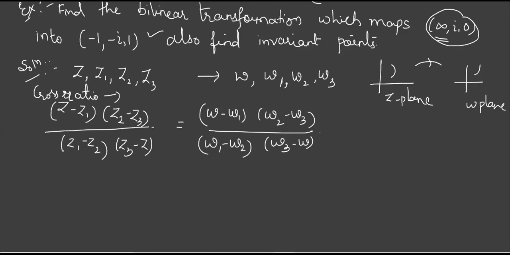Any point is infinity. Can you just see? Yes, ma'am, the Z plane, first point. Yeah, it is the first point of Z. First point of Z is denoted as what? Z1, right? So Z1 is infinity. Usually when infinity comes, what do we do? Usually when infinity comes, we feel it is difficult.